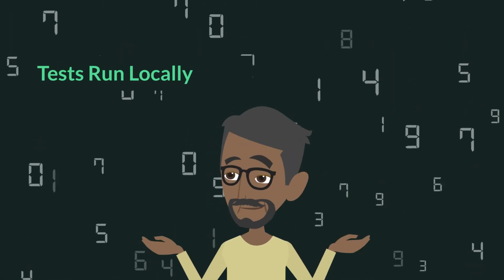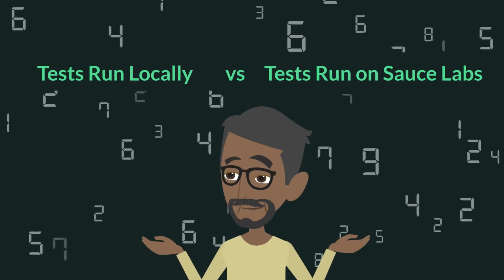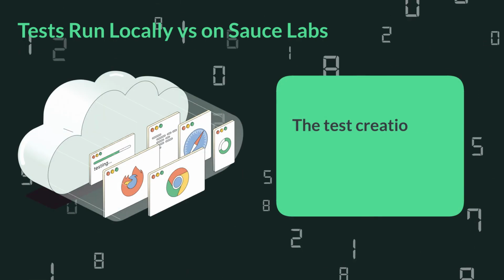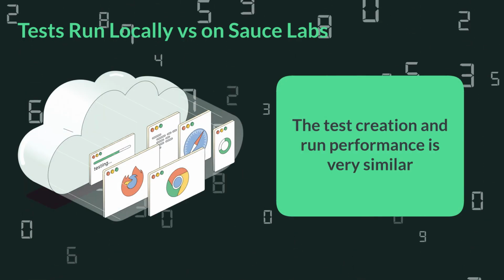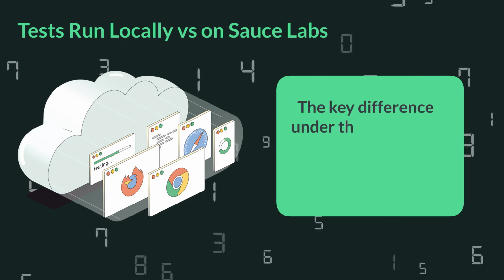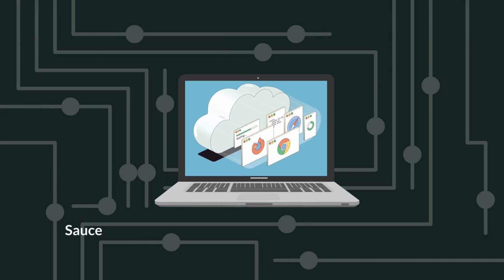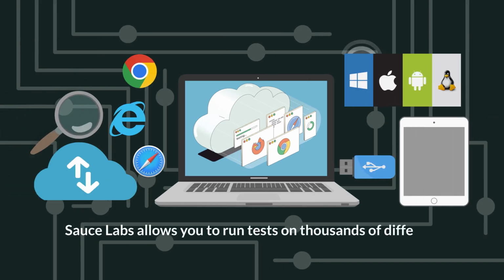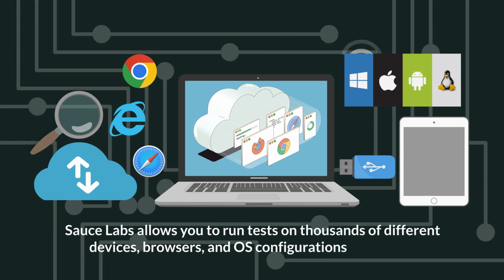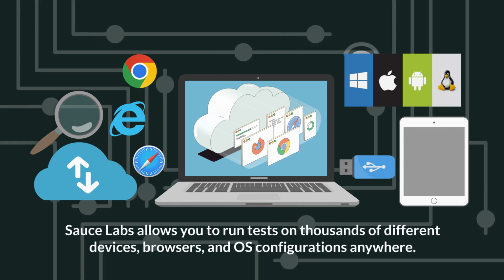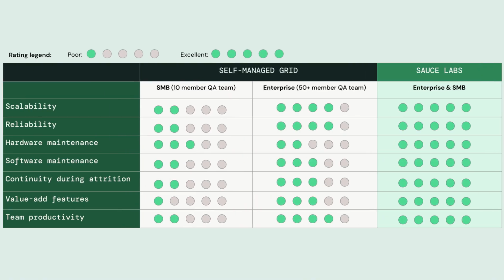So, what is the difference between running tests locally versus on Sauce Labs? Well, the test creation and run performance is very similar. The key difference under the hood with running tests on Sauce Labs is scale. Sauce Labs allows you to run tests on thousands of different devices, browsers, and OS configurations anywhere. When talking about the differences between running tests locally versus on Sauce Labs, ultimately you get to run more in